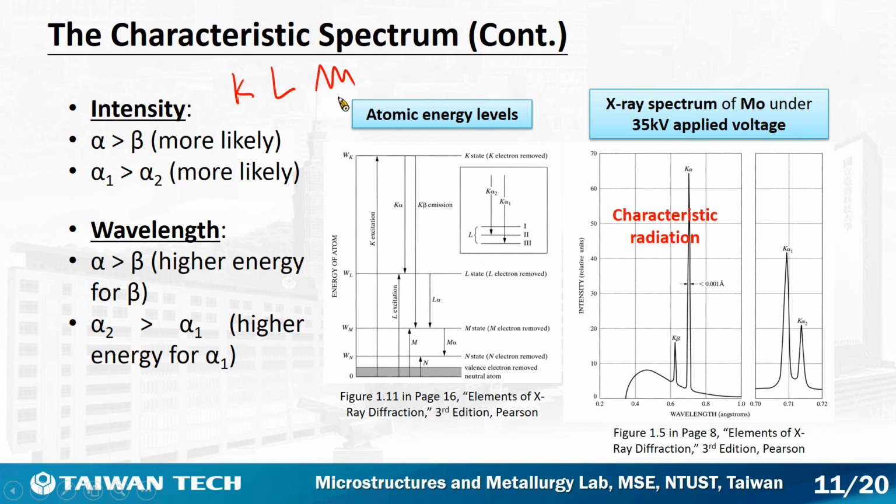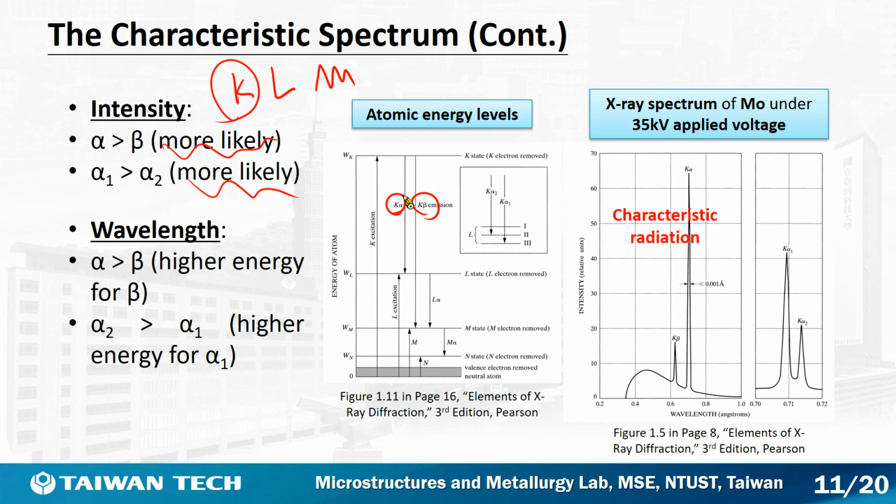And actually, K has the higher energy, so it will have the smallest wavelength. And how about alpha and beta, and alpha 1 and alpha 2? Actually, you can see here. This is the K alpha and K beta. And the intensity is about the probability. For alpha and beta, the probability for